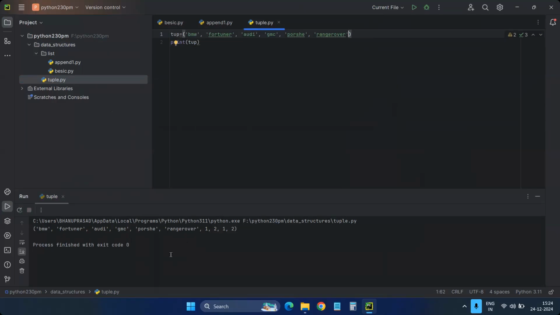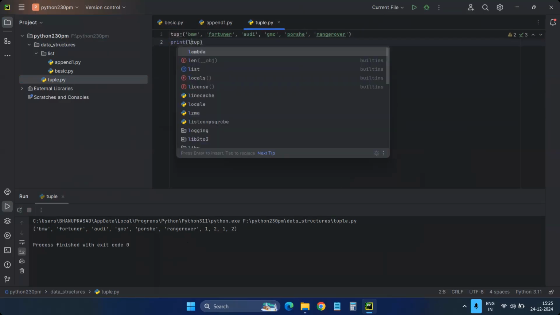Same output I'm getting as an output. Same tuple without any swapping of elements and all. So yes, it follows order. But the only difference between list and tuple is list can be modified, tuple can't be modified. Here also you'll have most of the functions like len,